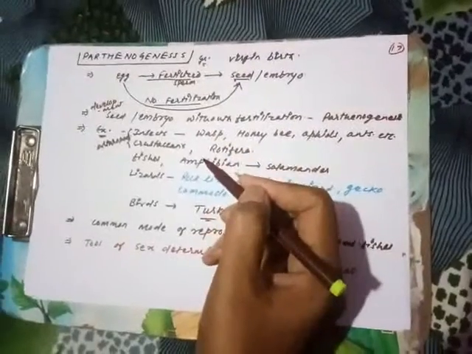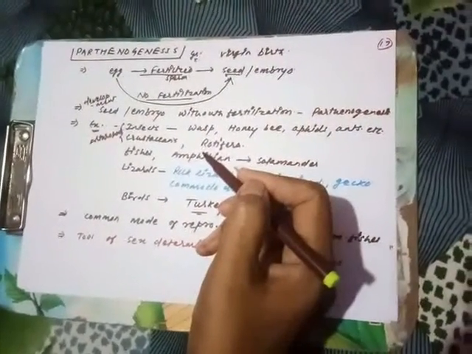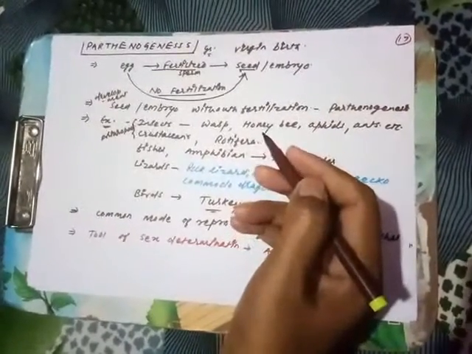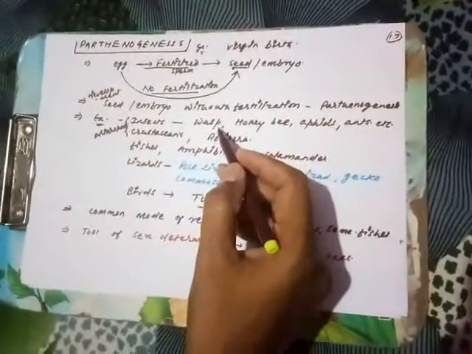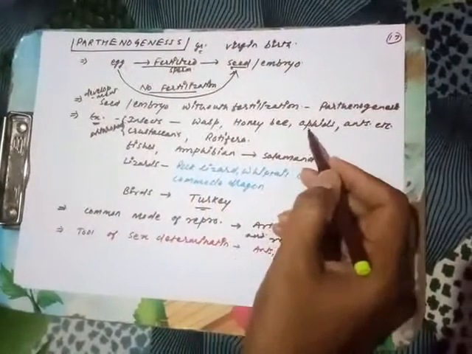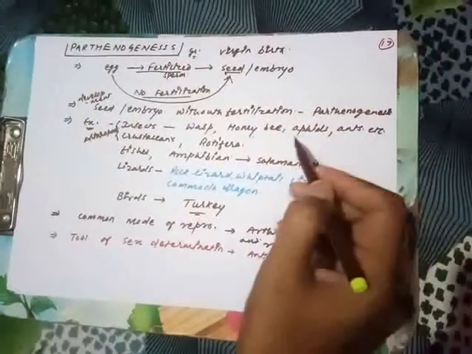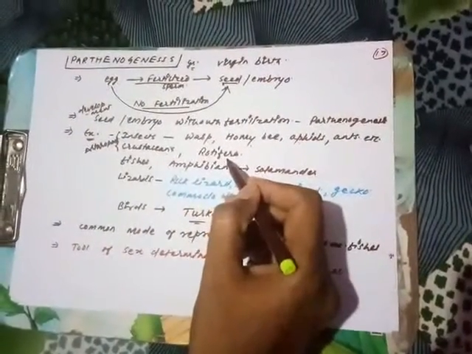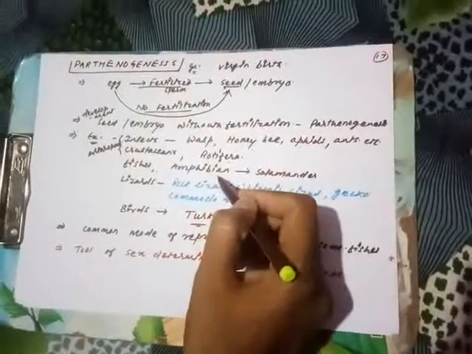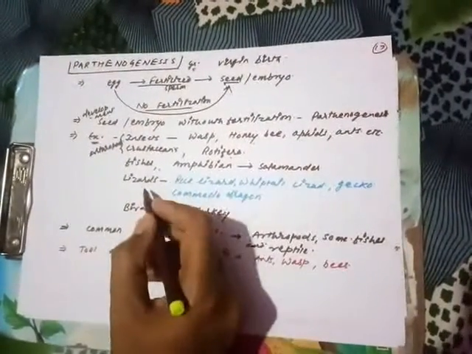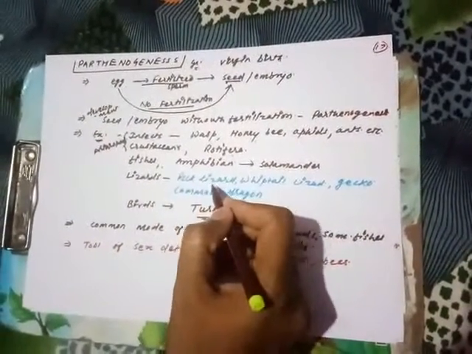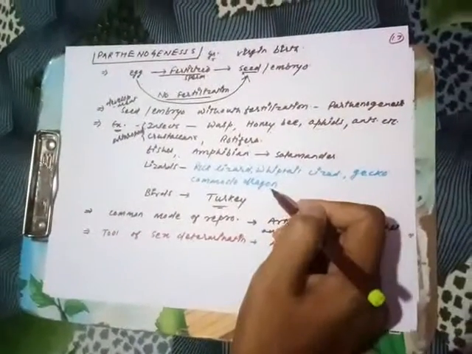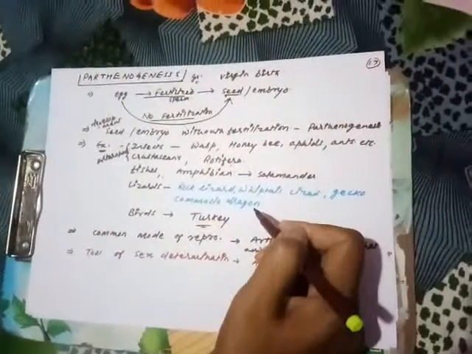So where do we find parthenogenesis? Let's see some examples. Basically, this is a property of phylum Arthropoda, where insects, wasps, honeybees, aphids, ants, and many more insects are there. Some crustaceans, the minor phylum Rotifera, some fishes, and amphibians like salamanders, and lizards. Very common lizards like rock lizard, whiptail lizards, gecko, and Komodo dragon are all lizards which perform